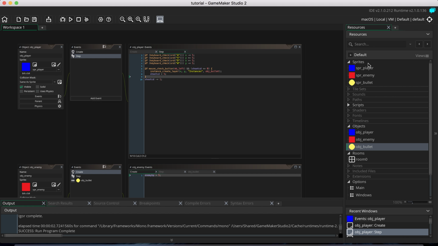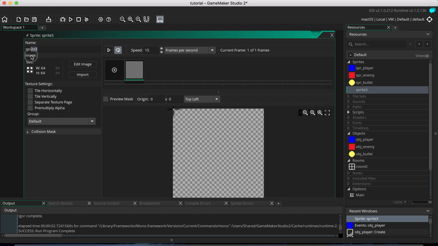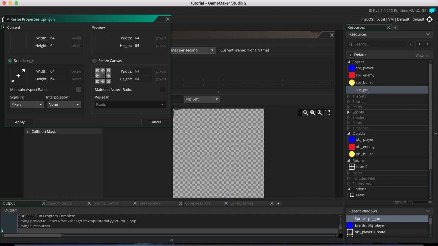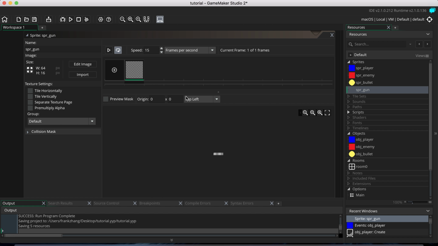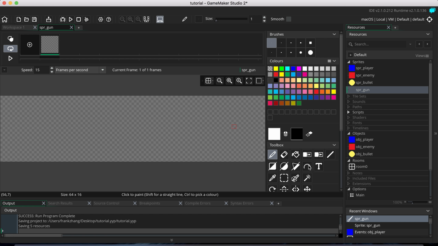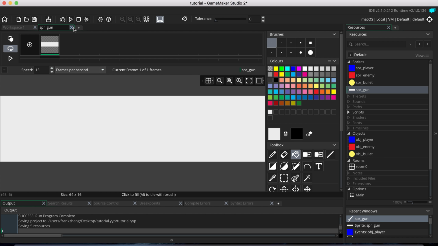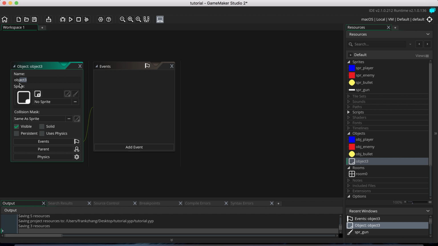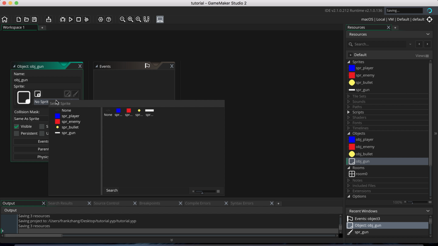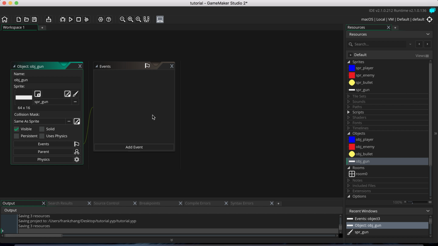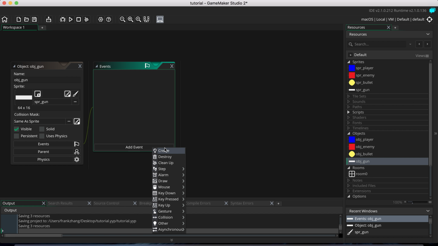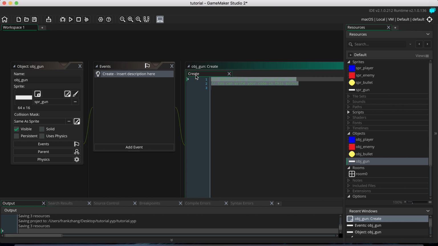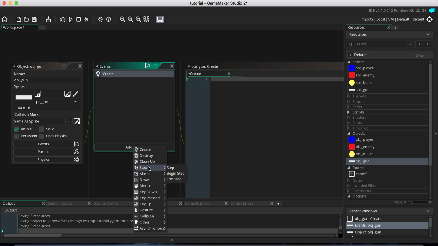At first we need a gun sprite, and I'm just going to use very simple sprites for this. I will change the size of it and fill in the color I want. Change the origin to middle left, and fill it with a color. Now we have our sprite, so let's create an object and call it obj_gun, and assign it the sprite we just made. In the create event we don't have anything yet, and in the step event